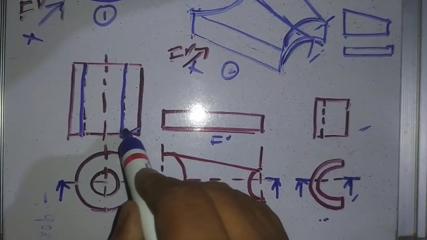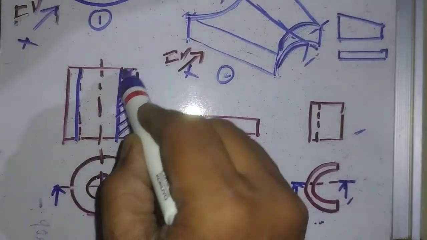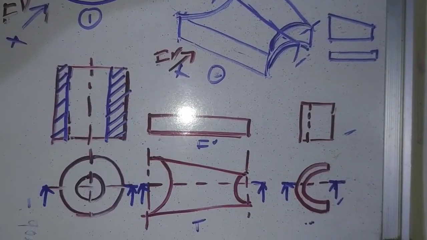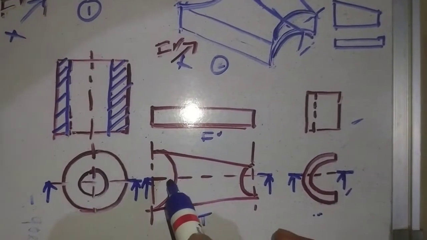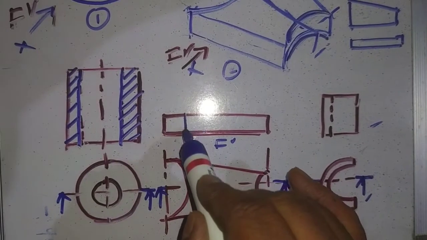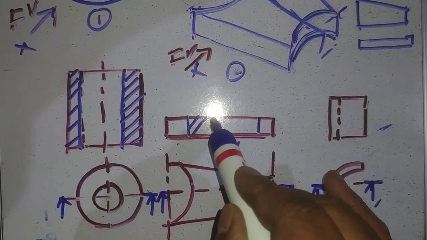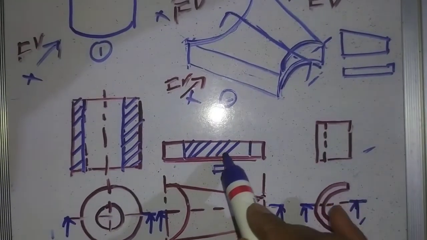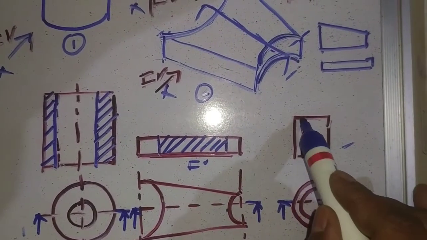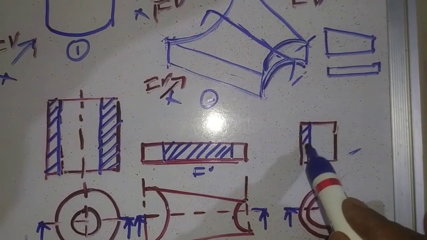And we show the section line at 45 degrees where there is a solid part. This is the solid part. Now if you cut it here at the center, this is the hollow. I will draw this; only this much part is solid. And here we will show the section line at 45 degrees. At this portion this line will be converted, it will cut at this portion. Only the solid part is here, here will be the section.